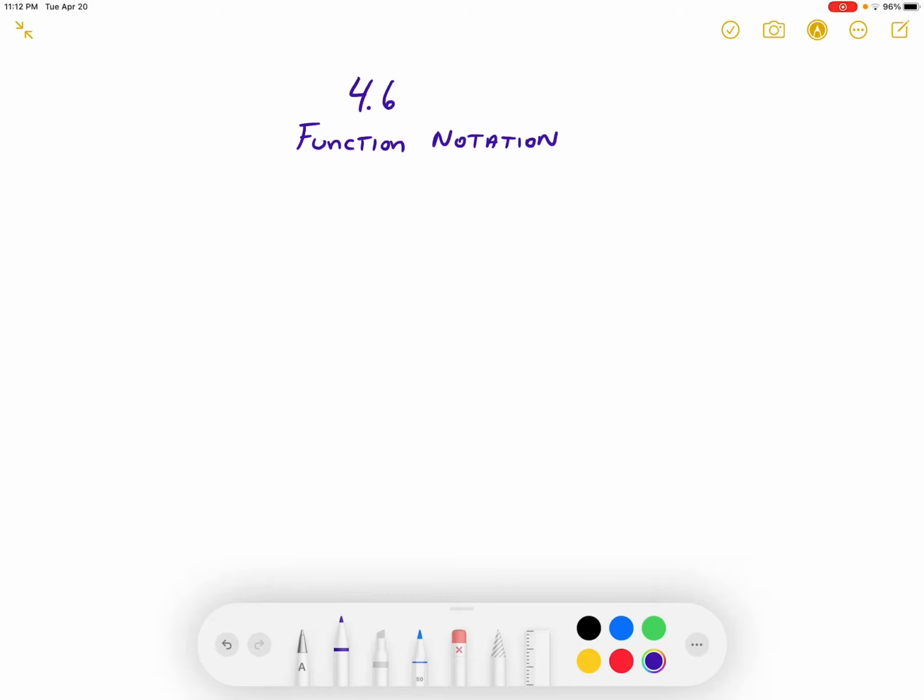This is for function notation. Okay, so we've been talking about functions lately, and we remind ourselves that a function is simply an equation, like y equals 2x plus 4. Now, when we're talking about function notation, we're going to understand something simple,